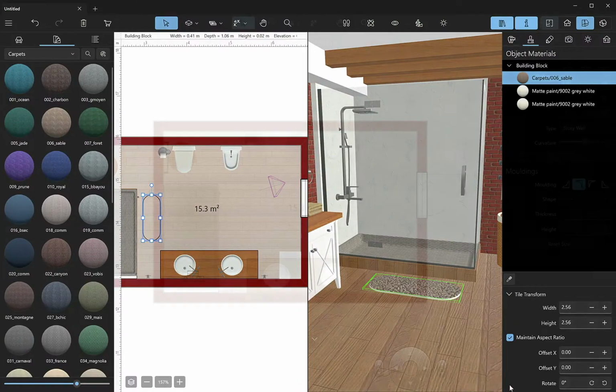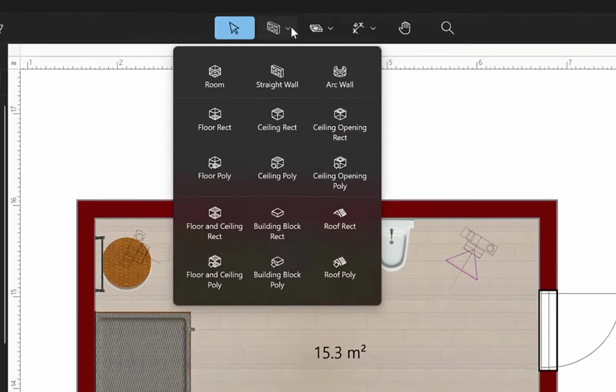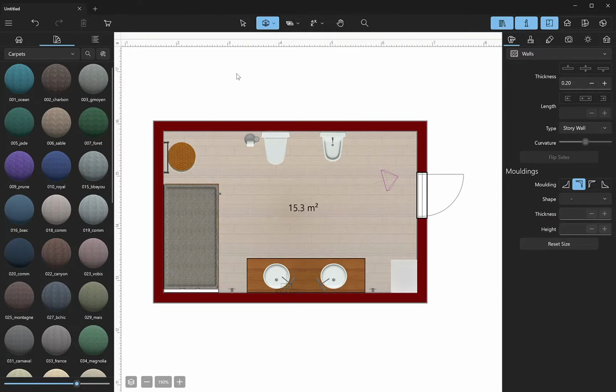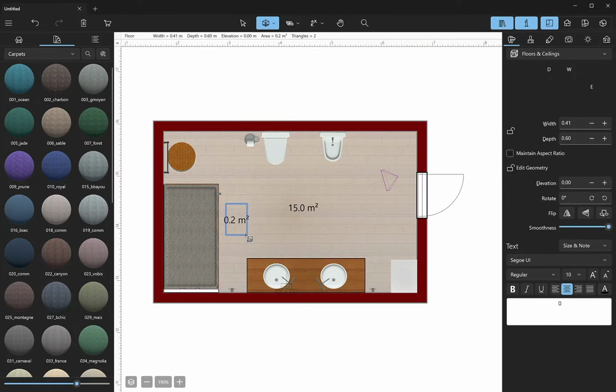2. Using the Floor tools. The Floor Rect tool is another fast way to add a rectangular or square rug to the floor surface. Switch to the 2D plan view and choose the Floor Rect among the building tools. Then draw a rug of the desired size in the necessary place on the 2D plan. Note that when using this method, the placement of the rug can only be adjusted on the 2D plan.